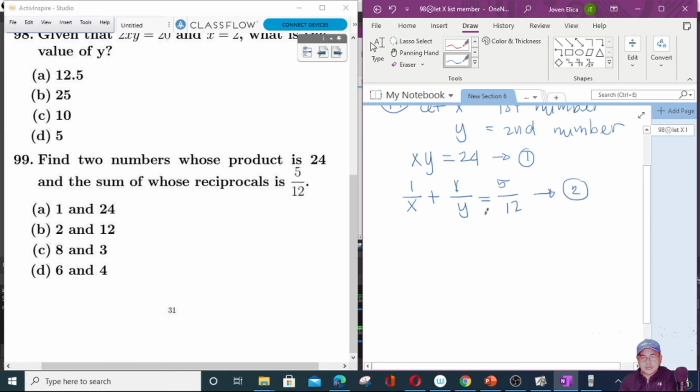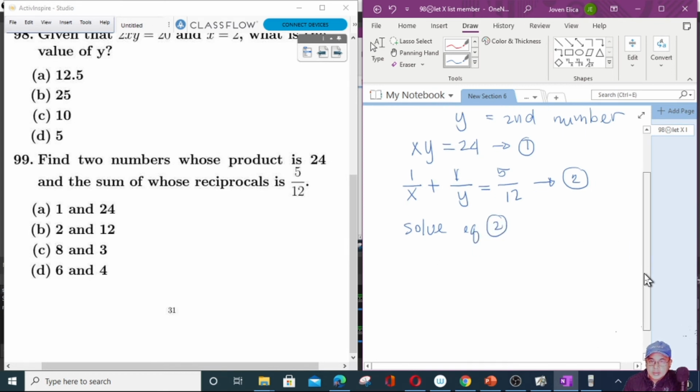Find the two numbers. What are the two numbers, x and y? Now I want to solve equation number 2. If I'm going to solve equation number 2, let us get the LCD, or least common denominator, which is xy. xy divided by x is y, so y times 1 is y, plus xy divided by y is x times 1 is x, is equal to